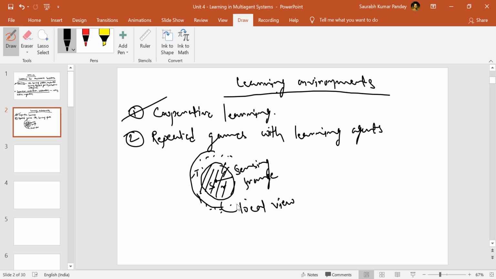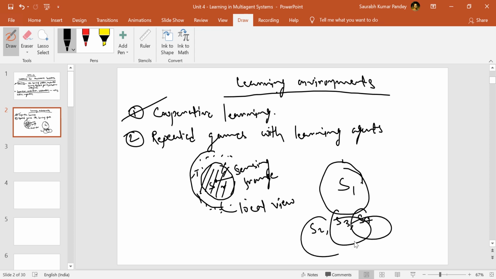Now it may be possible that each agent learns a map of its world, right? Now if a particular sensor S is there and its area is there, this is the local view, so it knows its map, correct? And what may happen is that similarly there are other sensors like S2, S3, S4, they all have their maps ready with them. Okay, so they have their own maps. So what they will do, they will share these maps with each other. What is the purpose of this?